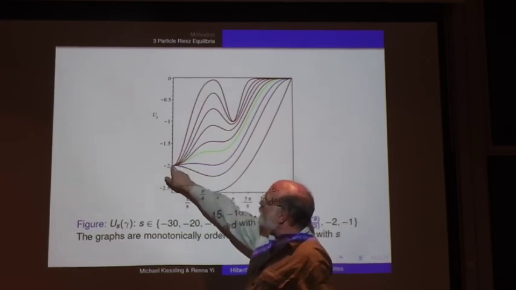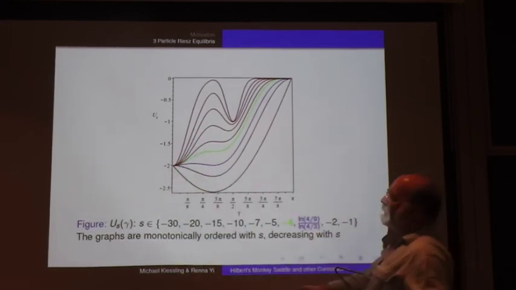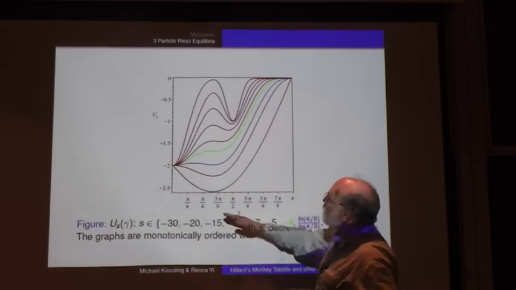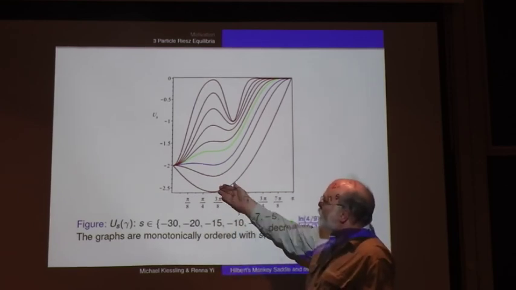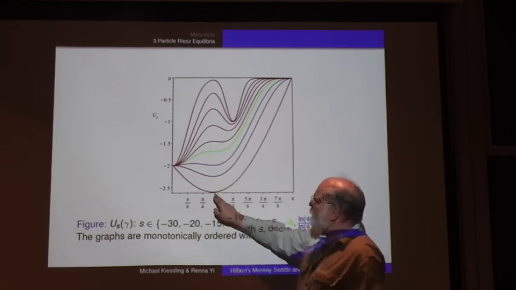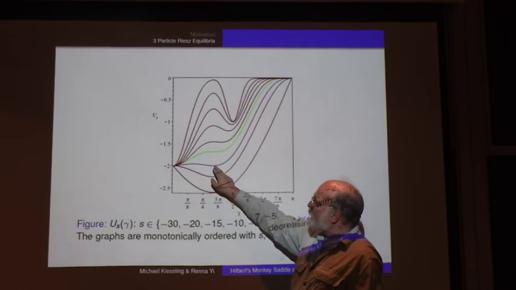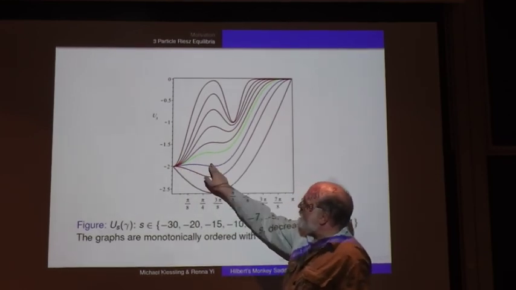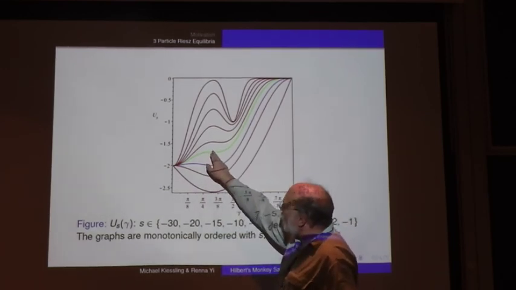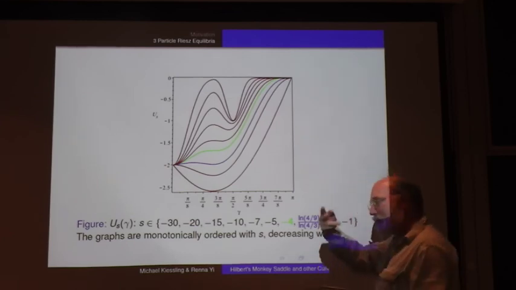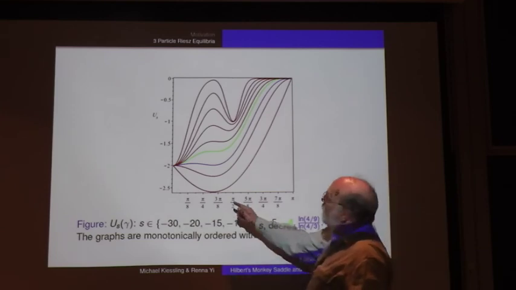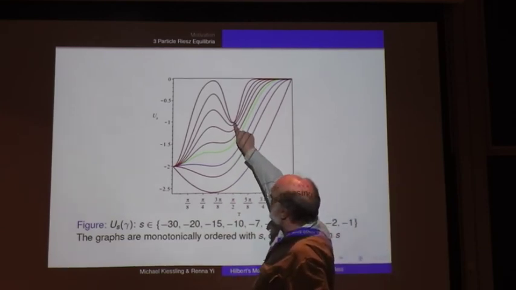Interestingly, in this plot, it always has the same energy, but it is a maximum here, and then it turns into a minimum. But what happens is, see, when you make S smaller and smaller, this is large S, and then S gets smaller and smaller when you go up. So this, what was an absolute maximum, becomes here also absolute, and suddenly absolute minimum, relative minimum, inflection point, relative maximum. I think now I got it. And there's an interesting phenomenon. See, there's a min here, but that min moves to the